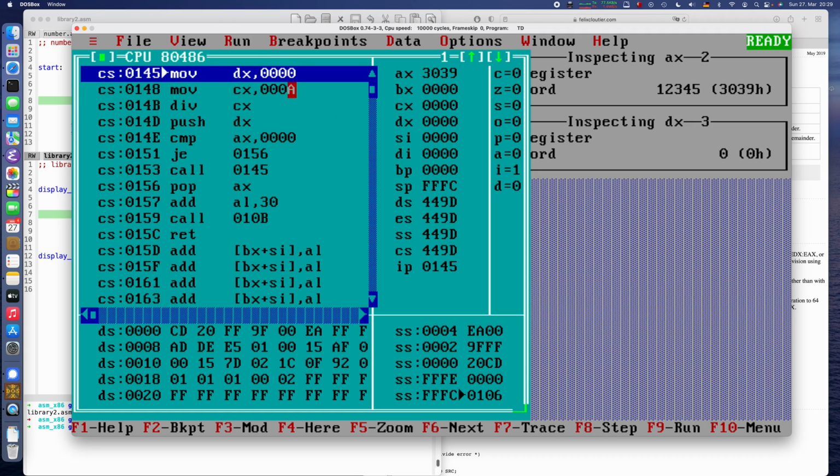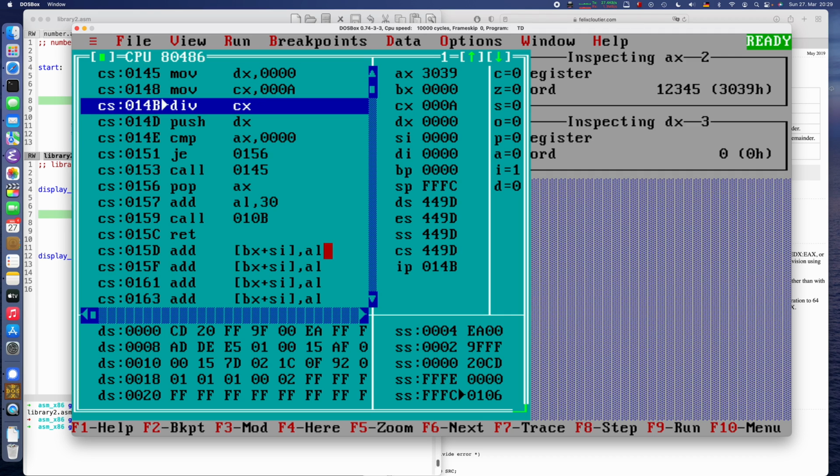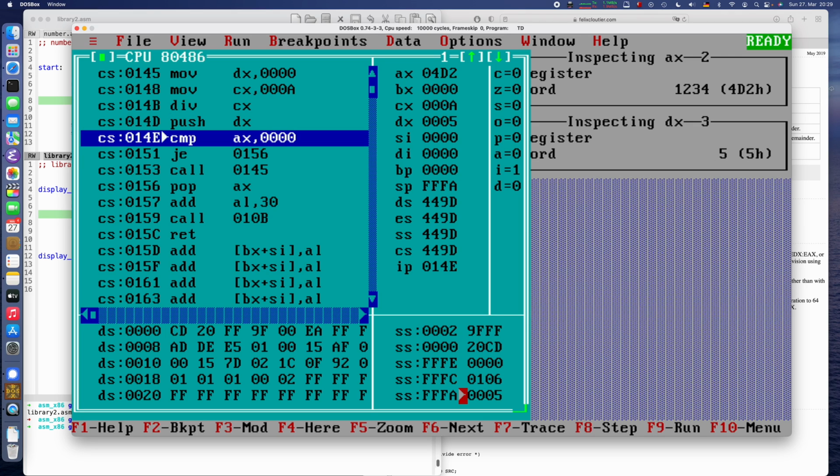Of course, it's again hexadecimal, so cx will contain a, which is the same as 10 in decimal, div cx, and so on. So let's see what this program does. First of all, we're loading dx with 0, we are loading cx with a. We don't inspect that because that's always the same. Then we divide, and over here we see now AX contains 1, 2, 3, 4, and the remainder 5 is in dx. Okay, so we push dx onto the stack, and voila, you can see here, suddenly the 5 is